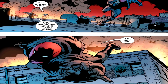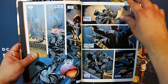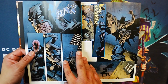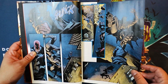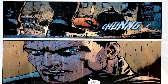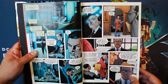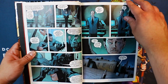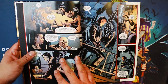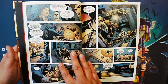This new player starts getting the attention of Batman by committing all these murders and so forth, and as the story progresses, Batman faces Red Hood and finds out who he really is, which we all know is, of course, Jason Todd. And that's exactly what this book is about. The first part, I should say, is about Red Hood coming into Gotham and causing havoc. The second part of the book, or the other story I should say, is